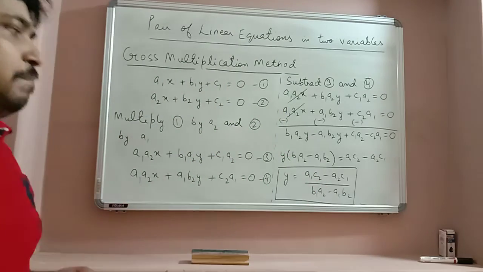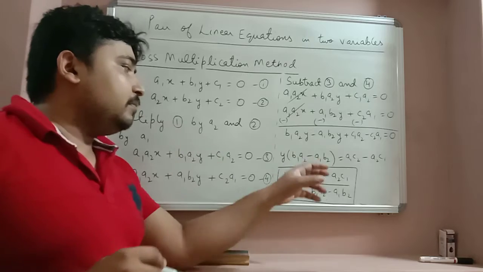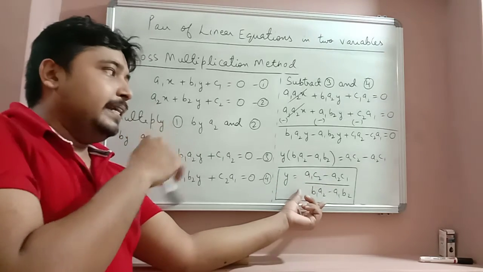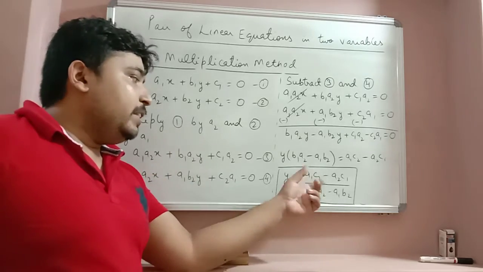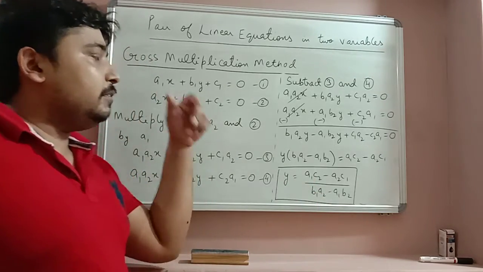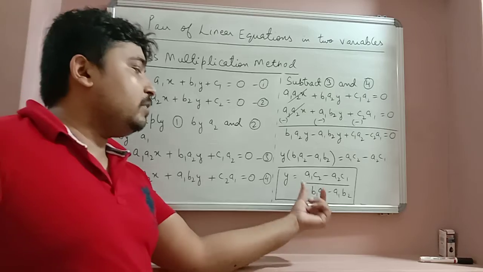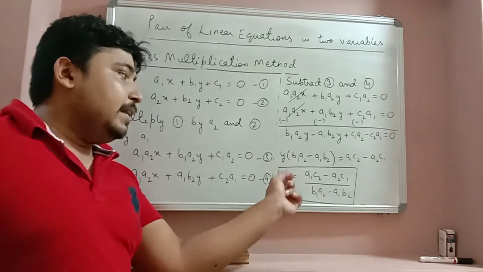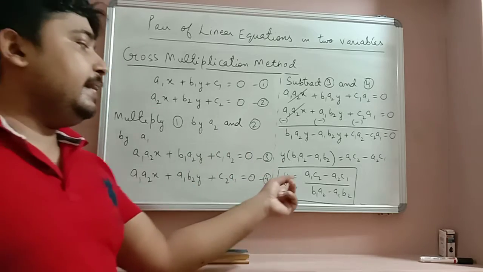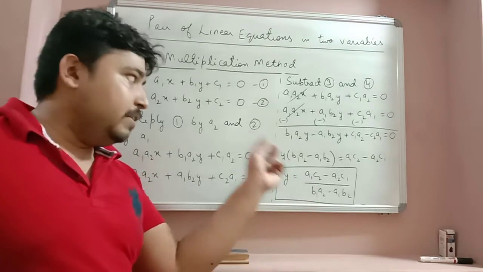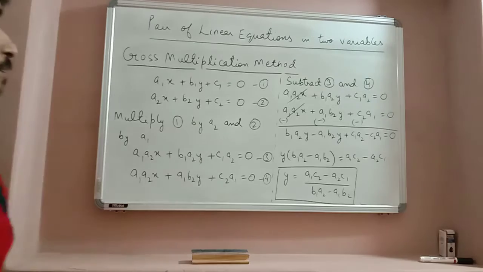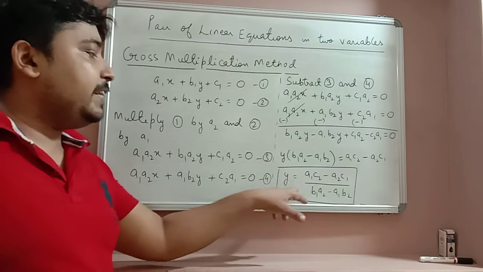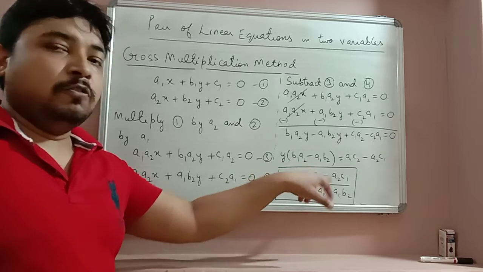Now there is no need to mug up this value. I will tell you how to find it by a short trick. There is no need to mug up this, but we should know how to derive it. That's why we have covered the derivation. Now similarly I can eliminate y in order to find x. So we will do that also. Let us eliminate y in order to find the value of x in terms of the other coefficients.